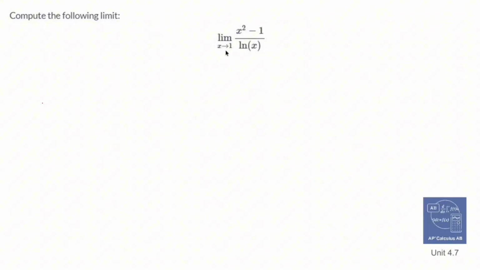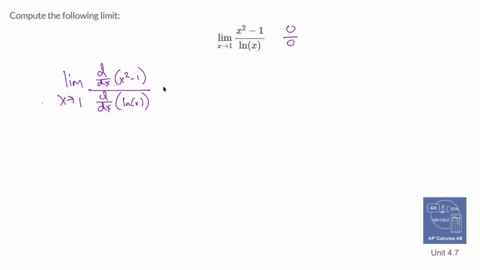The limit as x approaches 1 of x squared minus 1 over ln of x. Well, if I were to plug in 1, I'd get 0 up here, and if I were to plug in 1, I'd get 0 down here. That's indeterminate. That's against the rules. So we have a little guy called L'Hopital's rule that we can use if we can't factor anything out and make anything disappear. L'Hopital's rule says that I can take the derivative of the top, so d/dx of x squared minus 1,